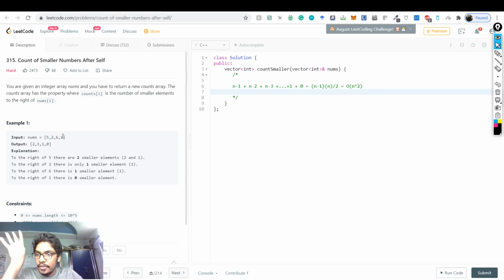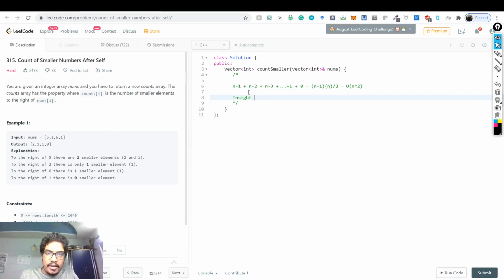So when you're sorting, for any stable algorithm, let's say merge sort, which is a stable sort, which means that the relative ordering of the elements doesn't change if both of them are the same. You can look up what is a stable sort. But for any sorting algorithm, the key insight is that we need to count the numbers which move to the left of a given number while